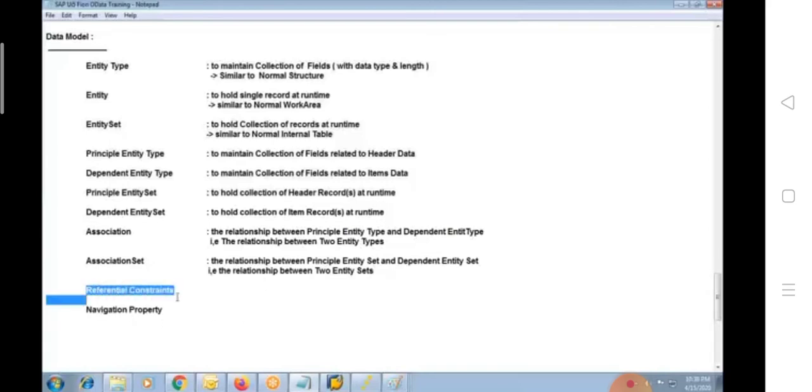And there is a referential constraint here. Referential constraint is nothing but the common field between principal entity type and dependent entity type.